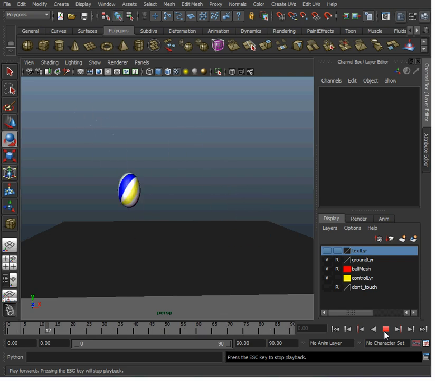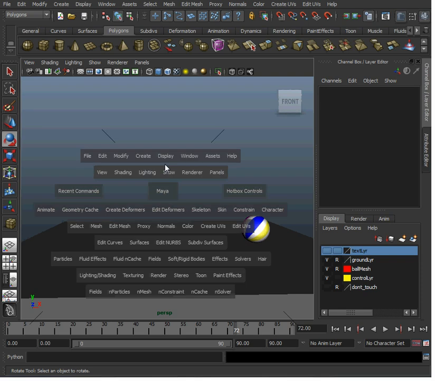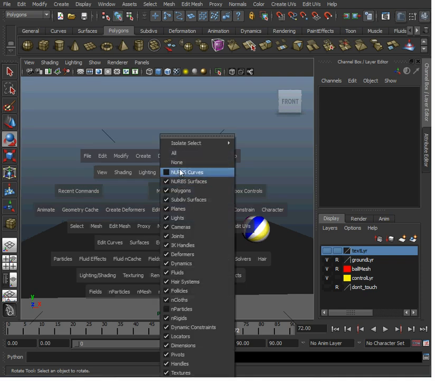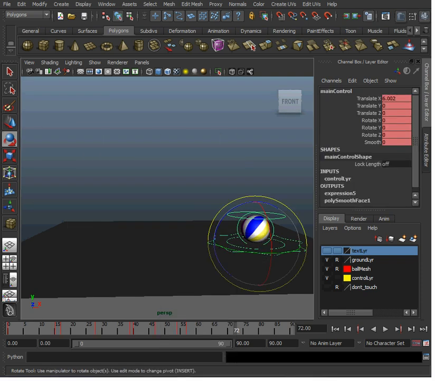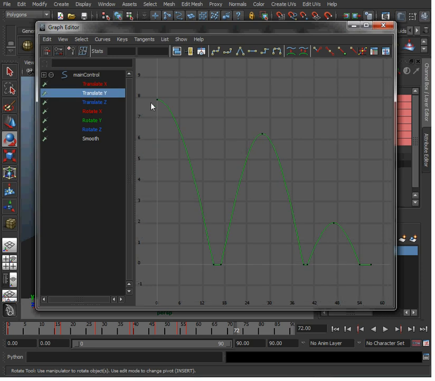But we started off just with the up and down motion in Y. We animated the squash and stretch on that, adjusted the keys in the graph editor by starting off with linear keys and turning them into splines at the top, so it would have nice ease ins and ease outs, and on the bottom we kept them linear. So if you look at those again, we'll see in Y translation, nice spline curves and then linear curves in the bottom. Make sure it doesn't dip on the bottom.